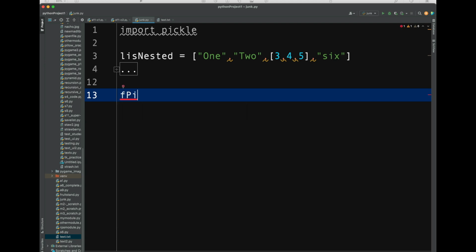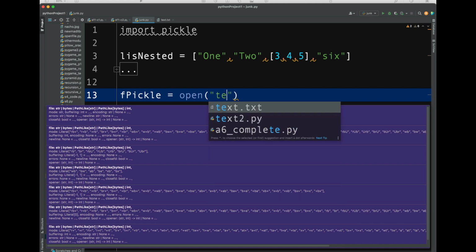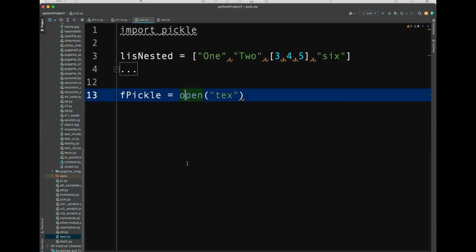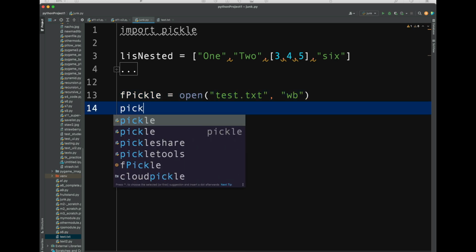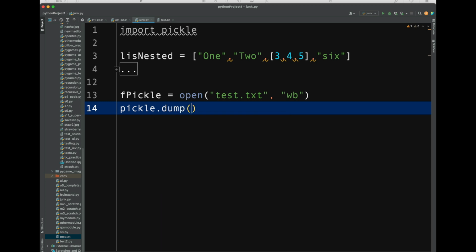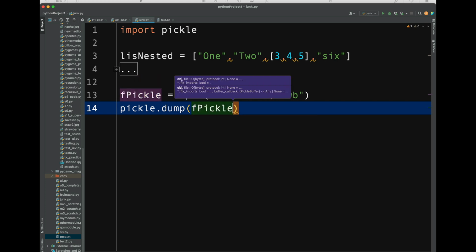So f equals open test.text, and I'm going to write in binary. And then I'm going to do pickle.dump, and I'm going to give it the object, which is the